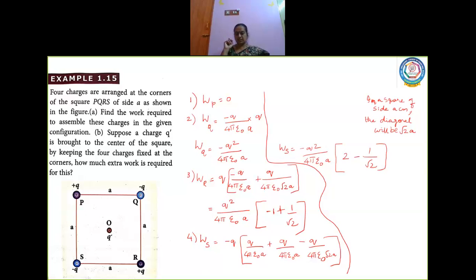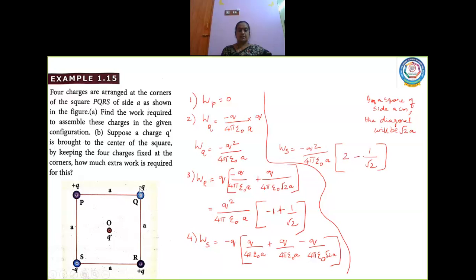But look at the charges here, children. The charges at P and Q. Here it is plus Q by 4 pi epsilon naught R potential. Here it is plus Q by 4 pi epsilon naught R potential. Here the potentials are the same. So when I sum them up, the potential adds up to 0. So the potential created by 2 charges is cancelled. Here the potential created is cancelled by the potential created at R.